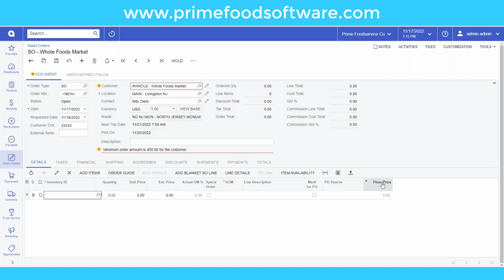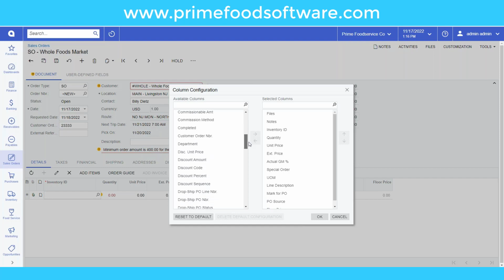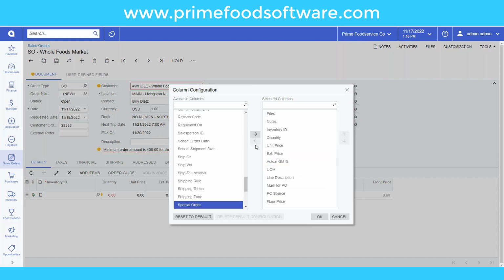So now here's my screen, and what's nice about our screens is that they can be personalized. These are actually all of the fields that I'm not showing. Depending on what your company is or what you want to be able to see, maybe you do discounts on a line item basis. All of these things can easily be added. At the same time, I can make this as concise as I want. So I'm not going to deal with that. I'm going to move up my mark for PO